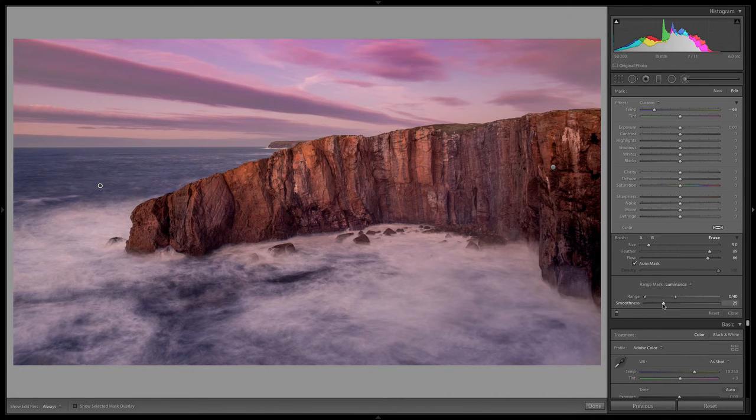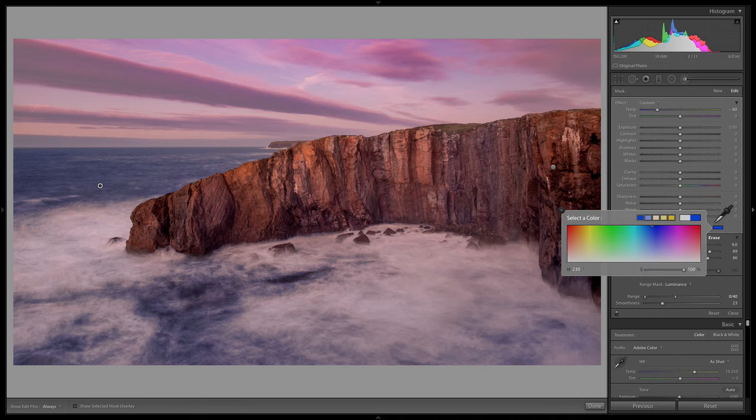We can even drop the smoothness just a little bit, and there's so much intricate detail here. By dropping the smoothness, it still looks pretty good. Adding smoothness blends it together more, feathers it more. Decreasing it makes the edges of where this is applied and where it isn't applied harder, but for this case, it looks pretty good.